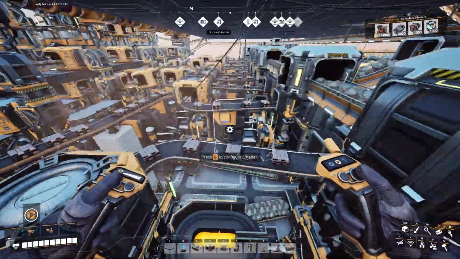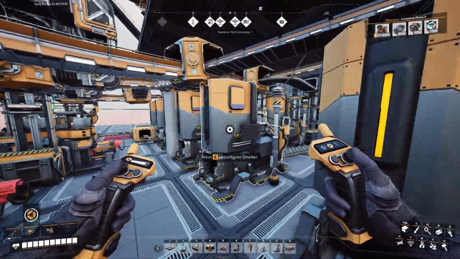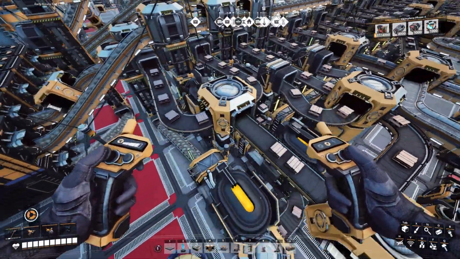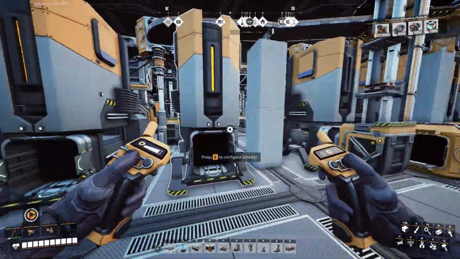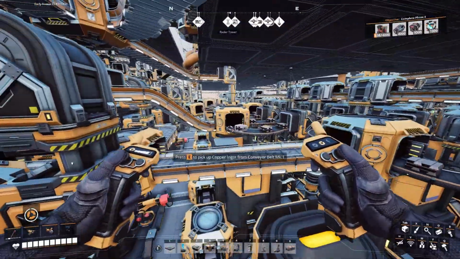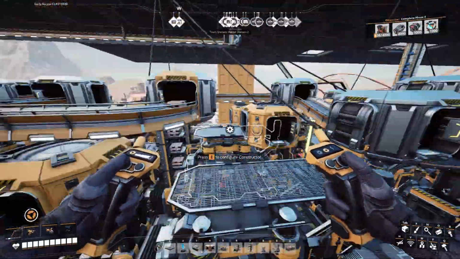Using state-of-the-art super compact blueprint technology to store tons and tons of furnaces in one small area. Then I ended up placing too many, which is why not every smelter is active right now. I'll show the blueprints, I think, after the world tour, but basically all of the copper ingots get thrown into